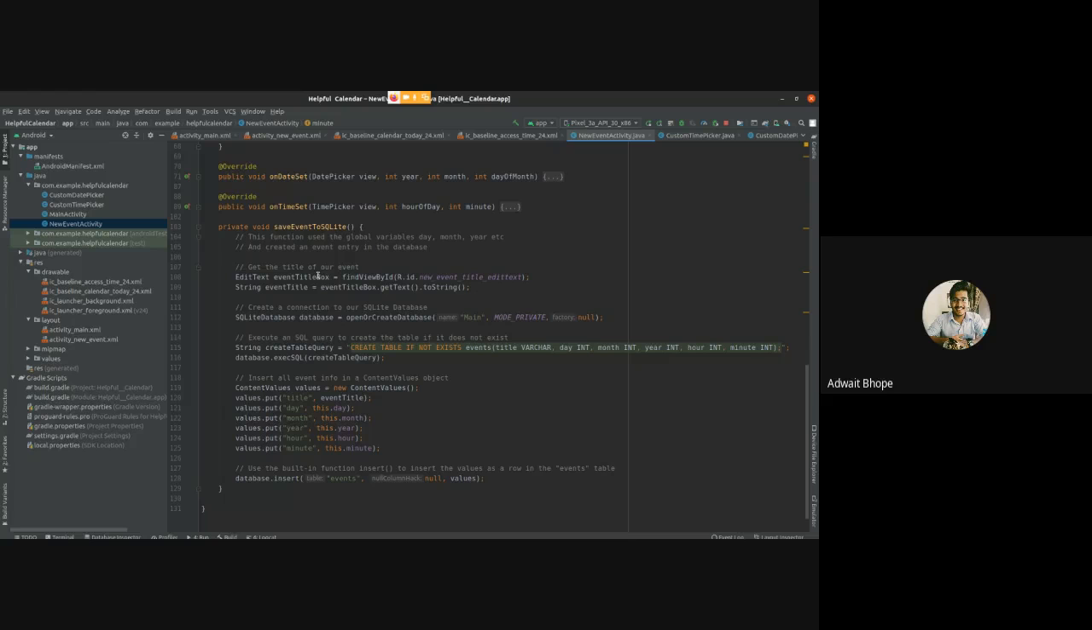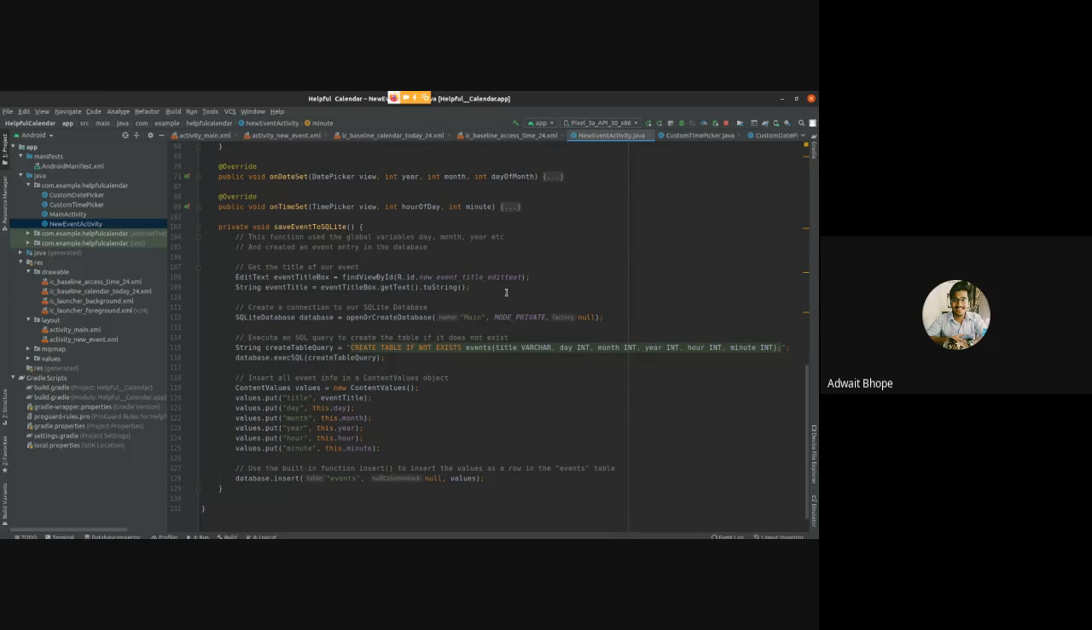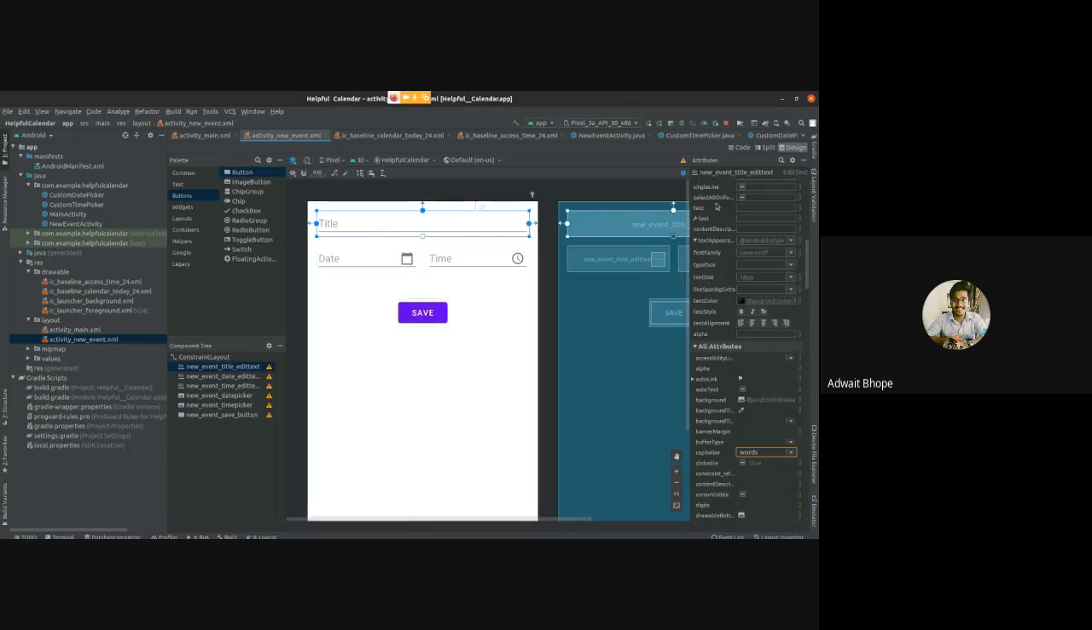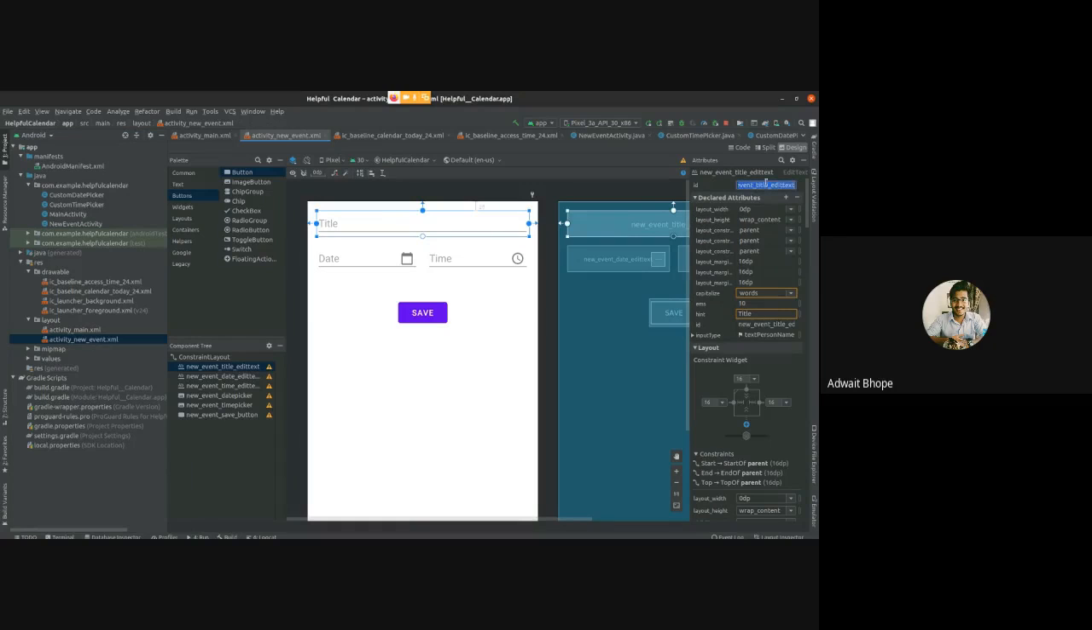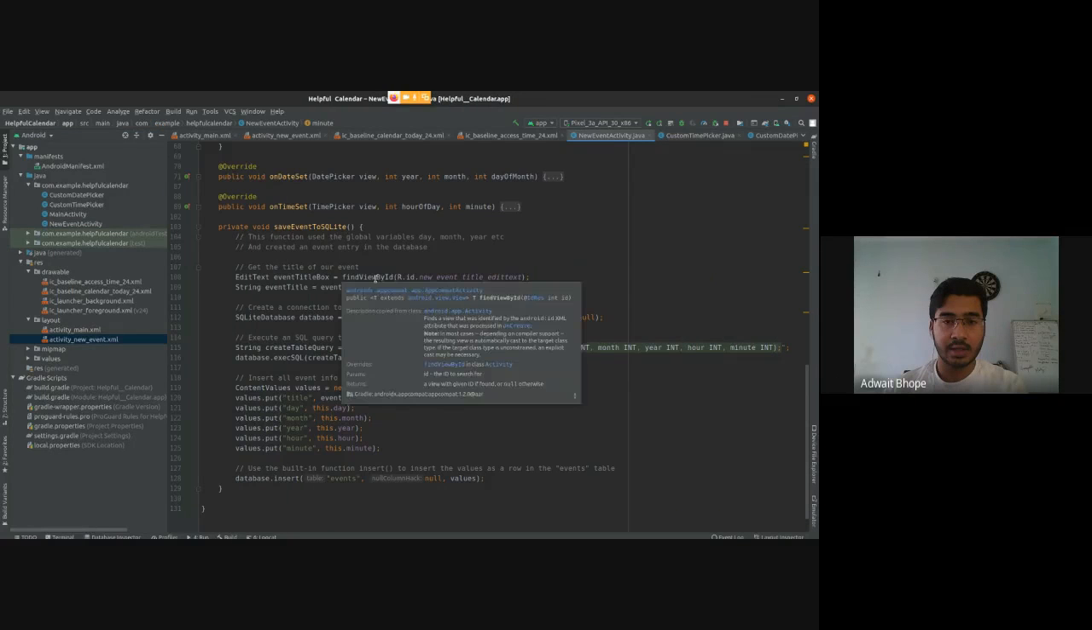So the first thing is we actually have to get the title of our event. To get this, we do a similar findViewById and pass in the ID of our EditText. This EditText is this one, this title. Its ID is new event title edit text. That is what we reference here. And after we do this findViewById,